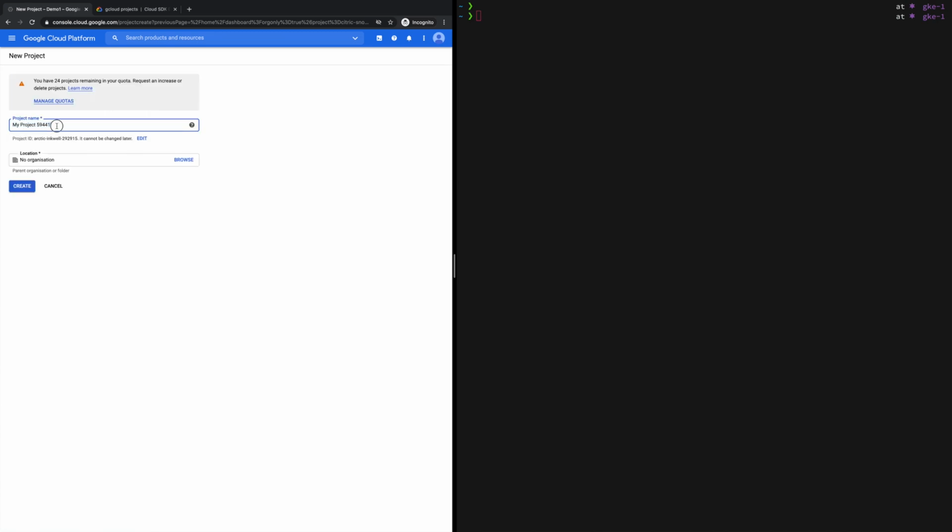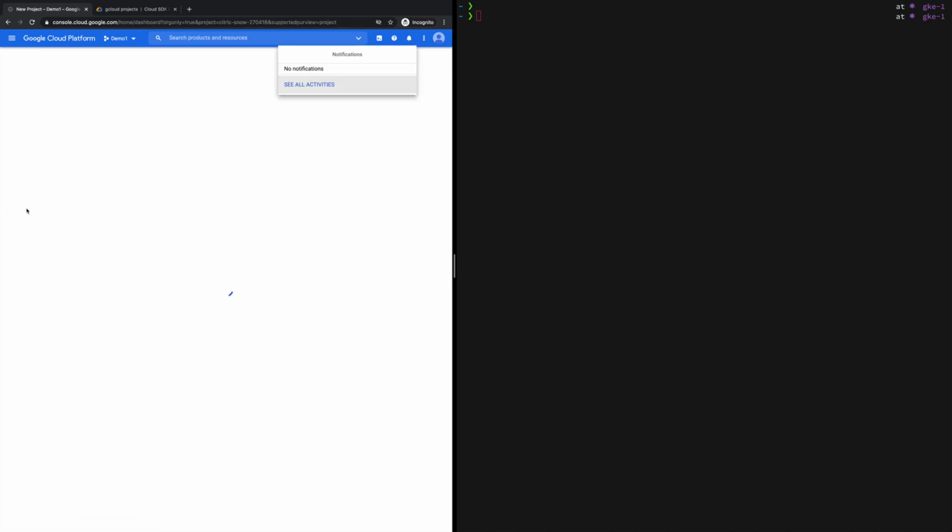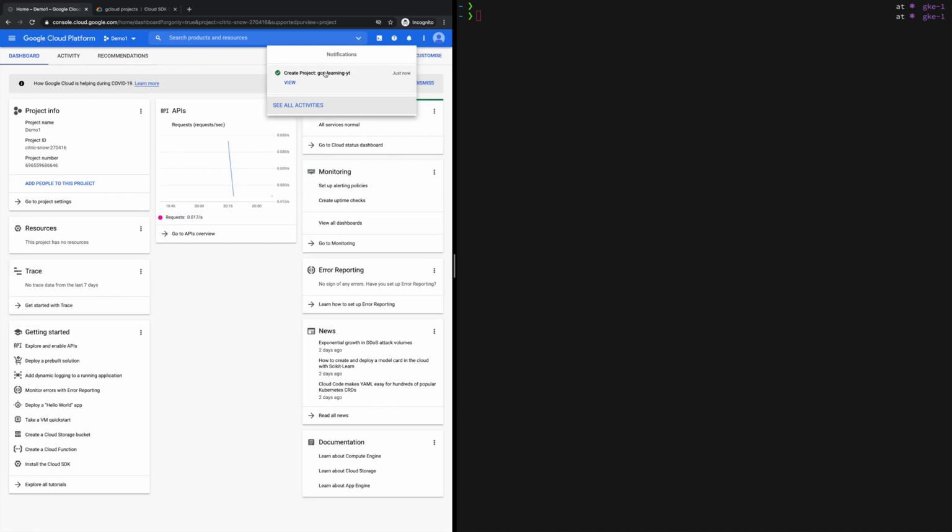and here you need to provide a new project name. GCP Learning YT. Here you can observe while typing this project name, the project ID is automatically updating. So here is an edit option. You can just click on it, and in this option you can select our organization if you have any organization set up. Right now just click on create. Okay, so our project is created.